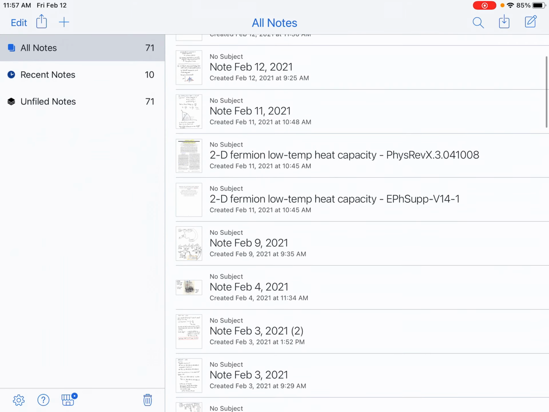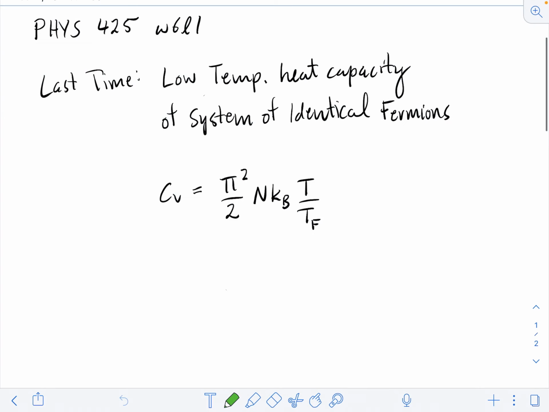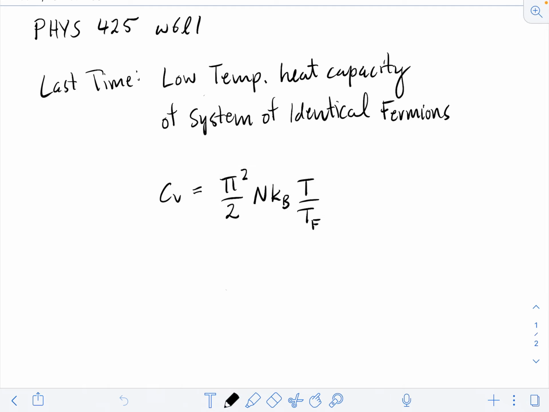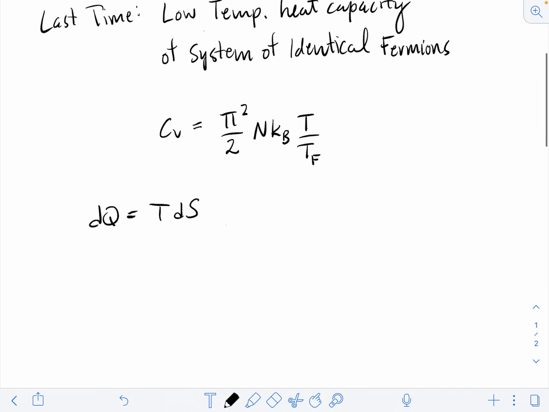Okay, and so let's just review the results from last time. The main result was that at low temperatures, the system of identical fermions has a heat capacity that is proportional to temperature. So we want to use that to calculate entropy. And let's start by remembering the relationship between heat and entropy. dq is T dS. And then let's divide by